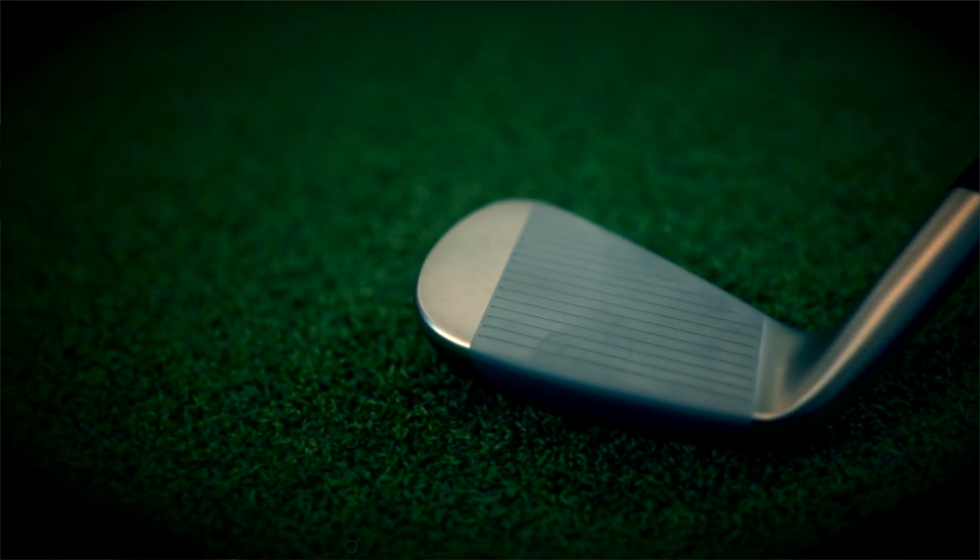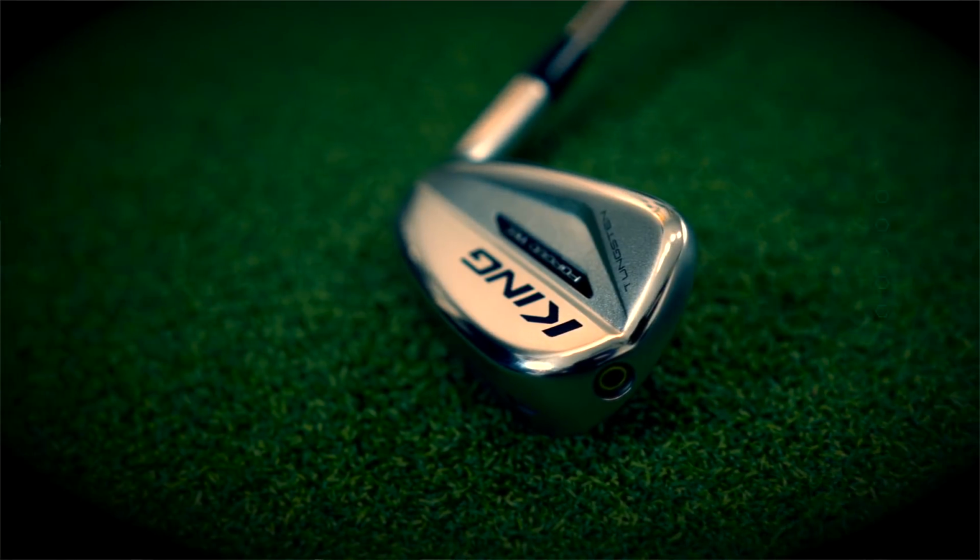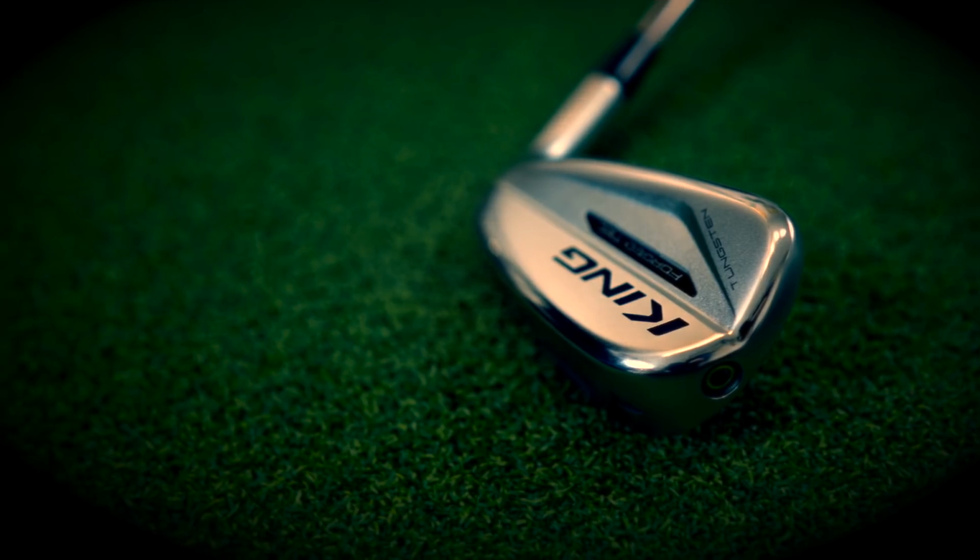all in a compact shape. The hollow core delivers a low center of gravity and controlled distance for maximum playability. That's what Cobra is saying anyway. That's the tech done. We're now going to take them out on the golf course and see actually how they